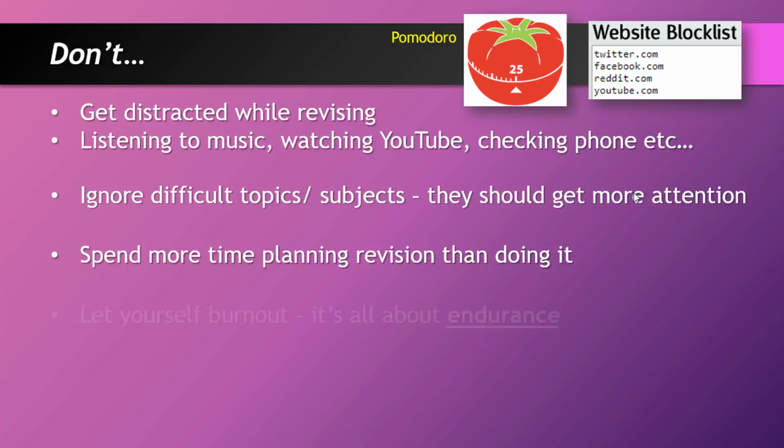And as I've said throughout, don't let yourself burn out where you just have no motivation, or you're really bored, or you're unhappy. Try and balance your mood and your energy levels. Exam periods are all about endurance. You have lots of exams in quite a small amount of time. It's about balancing them, and as soon as you leave an exam, forget about it, move on to the next one, and just keep your energy levels up. Exams are pretty miserable, you've just got to get through it, and then you have a long summer off.